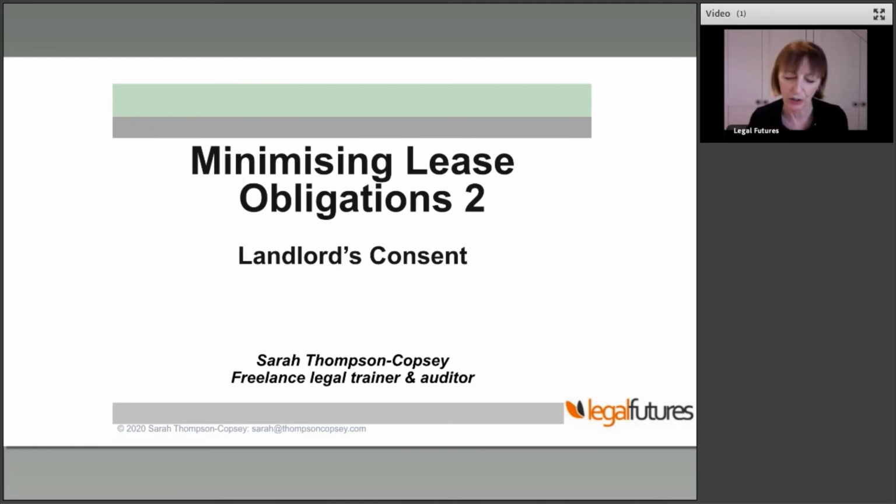Could you carry out alterations that enable you to use the premises in a different way, or enable you more easily to share the premises through underletting or sharing or parting with possession or occupation? And if you do want to carry out